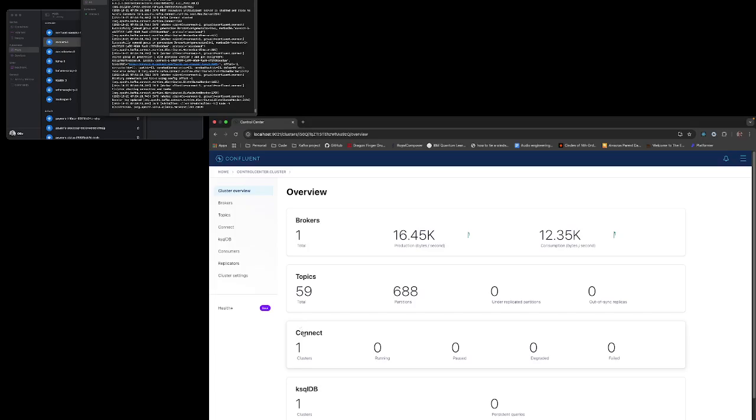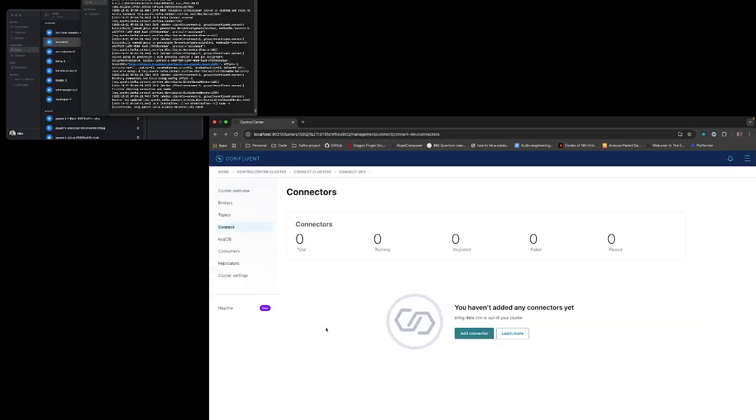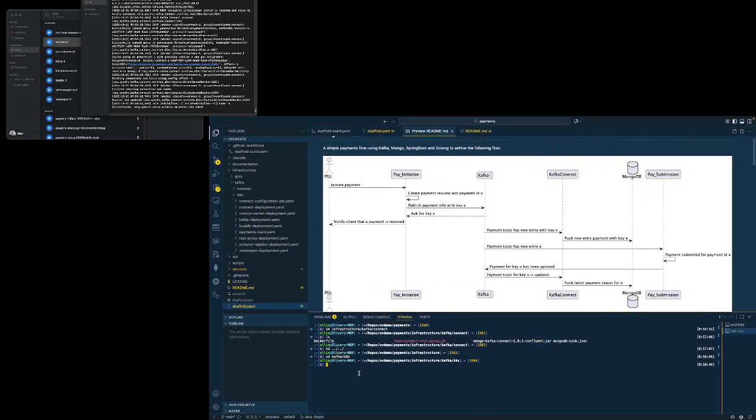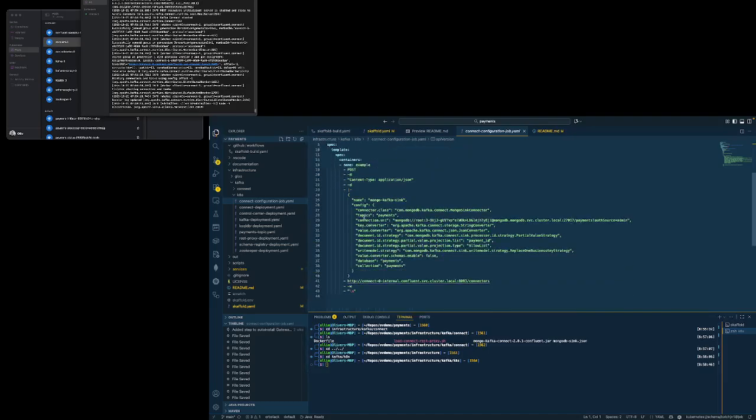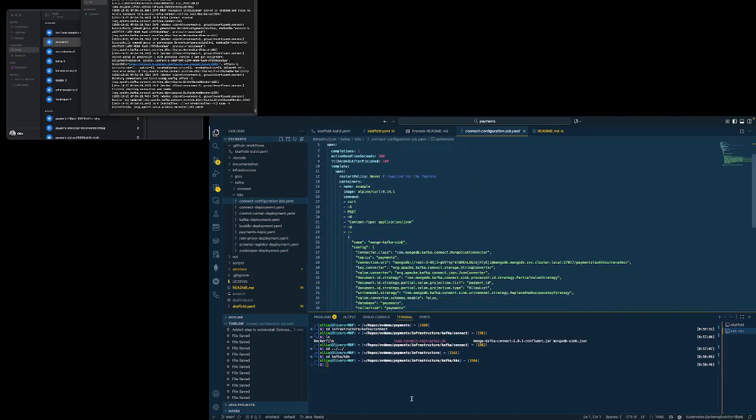But the problem that I now have is that the job that I previously had running has finished executing, and that means that this doesn't have a configured Connect instance. So it's no hassle to fix, quite straightforward. I can just go into my project. I have a job here, which is the job that goes away and configures the Connect instance, and I can just